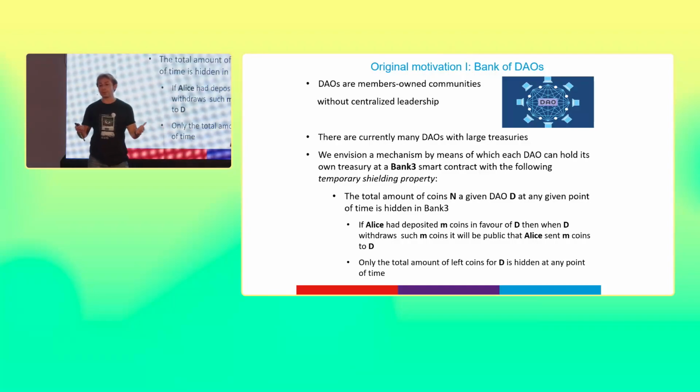So this corresponds to a real-world situation. For example, when I withdraw 1,000 euro at an ATM, maybe someone behind me can see that I withdraw 1,000 euro, but should not know how much wealth I still have at the bank, if I have 0 euro or if I have 1 million euro left at the bank.